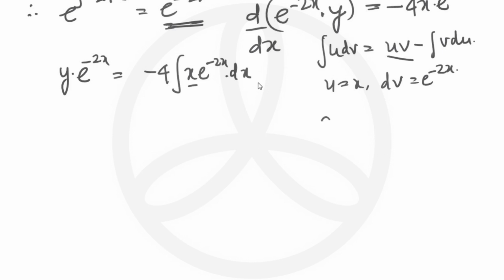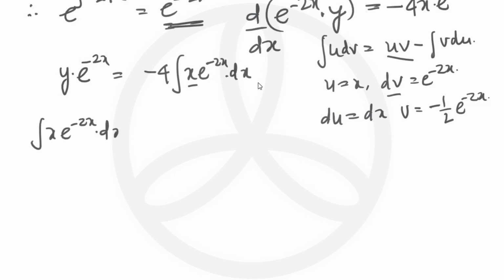Then this will become du is equal to vx, and this v will become minus of 1/2 e to the power minus 2x. Right. Therefore, x e to the power minus 2x dx is equal to uv, which is x and this one, x multiplied by,